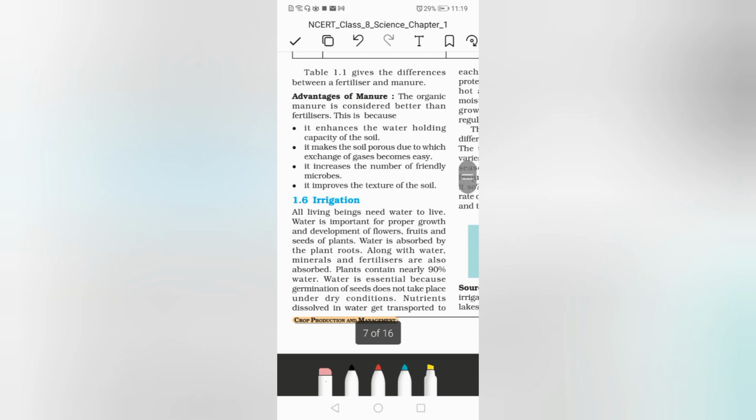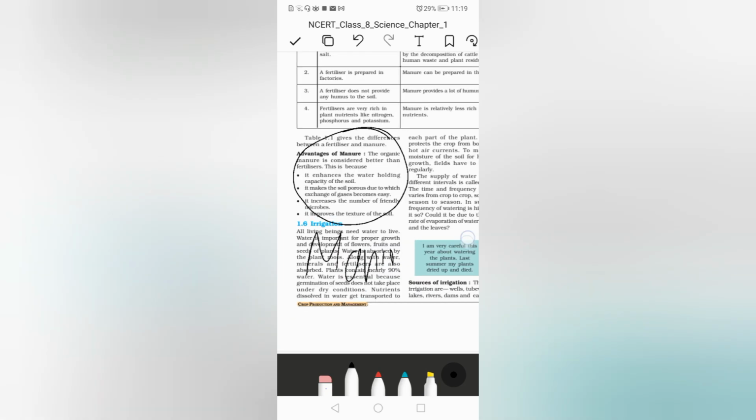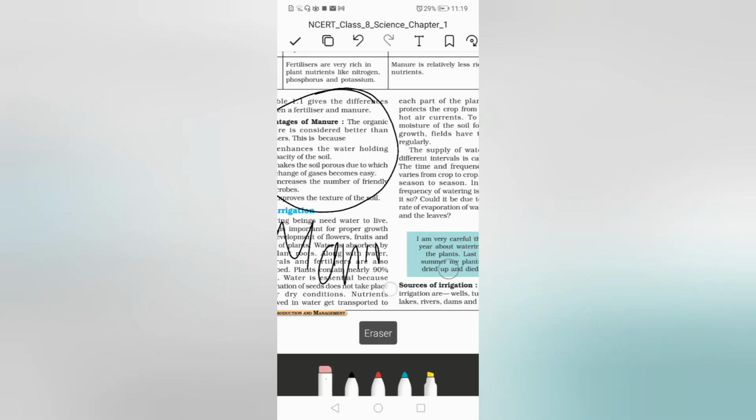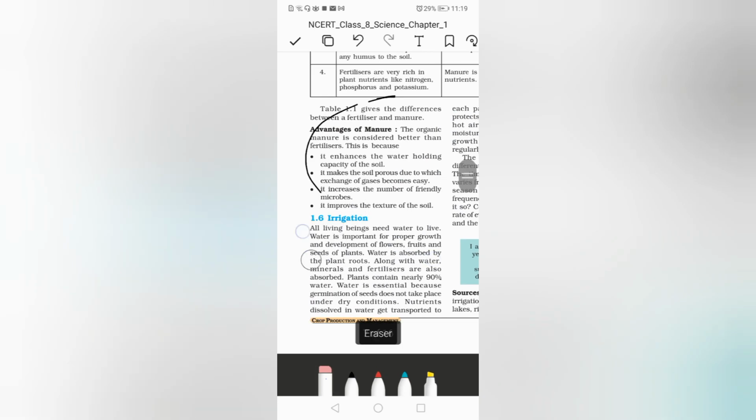This one is also important because these are the advantages of manure. Okay, so keep this one also in mind. This is a very important chapter in general because it gives you an idea of the lives of farmers, the way it works, and plus it's coming for your exam also. So yeah,